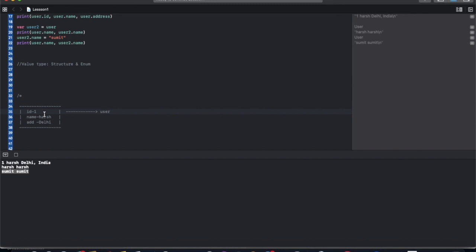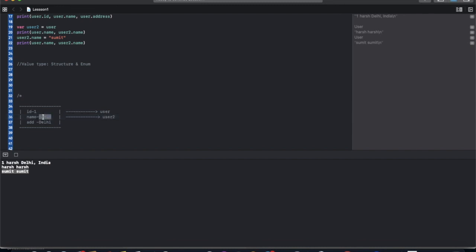If we copy this variable to user 2, it will not create a new container. It just refers to it in user 2. So now both have the same value.